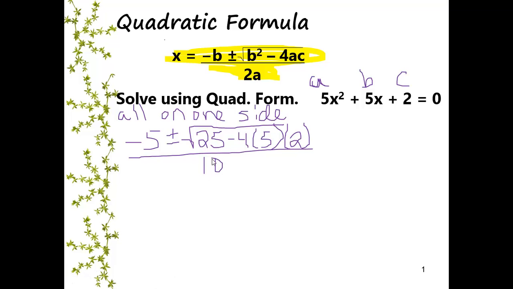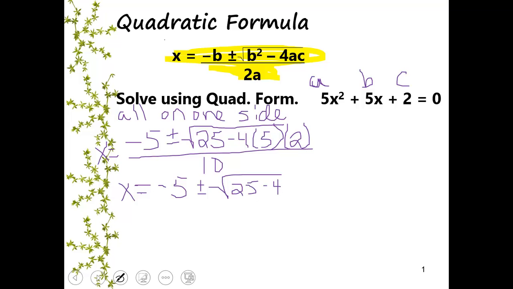So now we're going to start by simplifying the inside of our radical sign first. And when we do this, this is x equals negative 5 plus or minus the square root of 25 minus 40 all over 10,